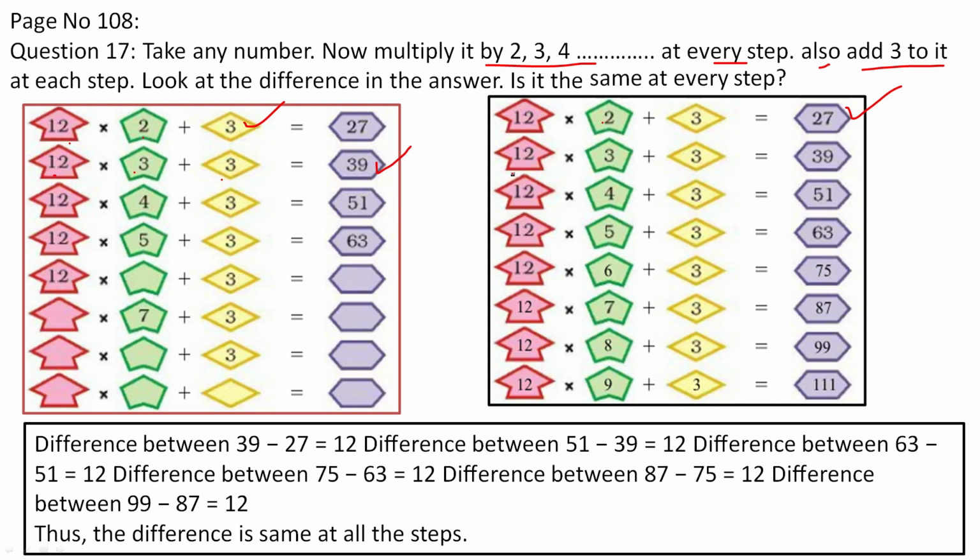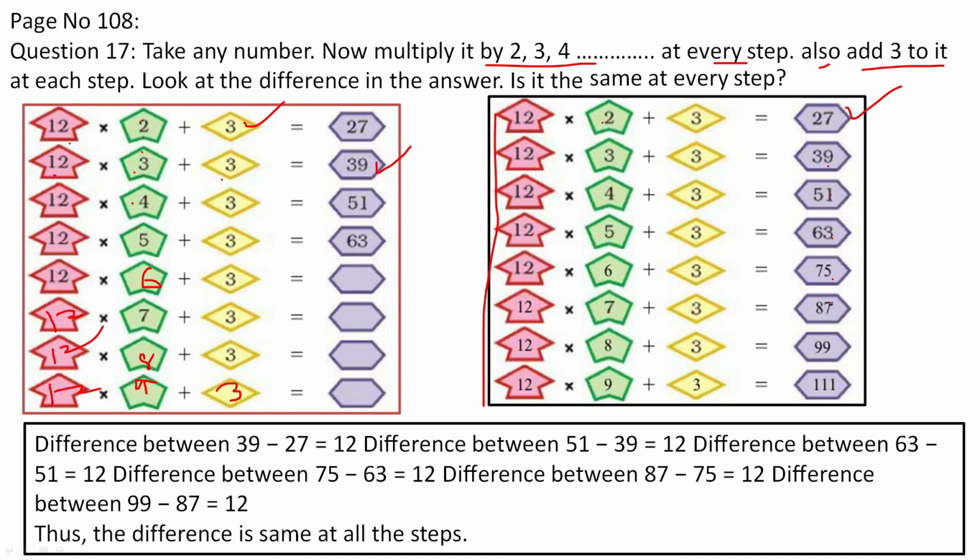There you see the first row, you can find all the numbers are 12 only. So you can fill up the pattern easily. 12. Here also 12. Here you see numbers 2, 3, 4, 5, which are missing. 6, 7, 8, 9. Here 3 only, we are going to add to all the numbers. Here 12. In that way you can complete the pattern easily. 27, 39, 51, 63, 75, 87.